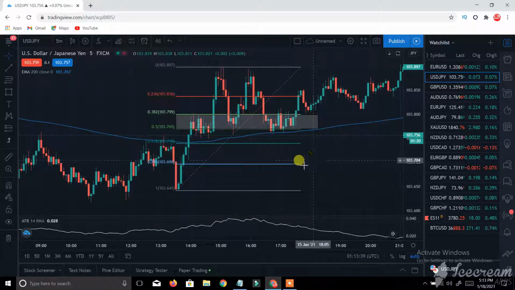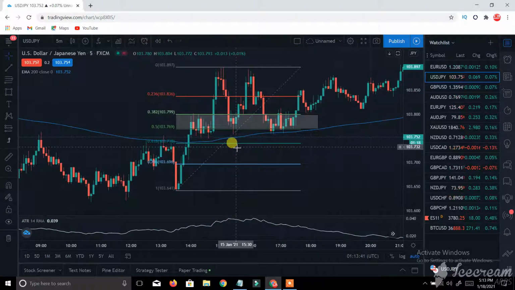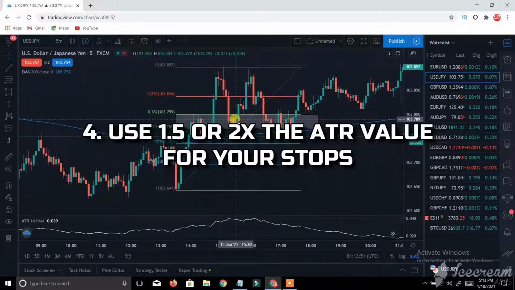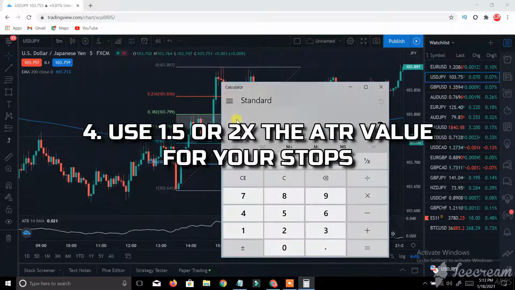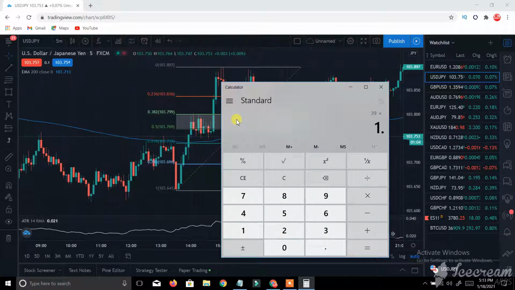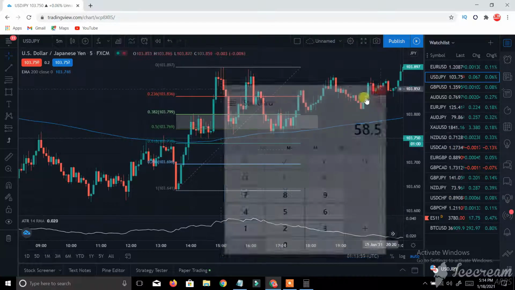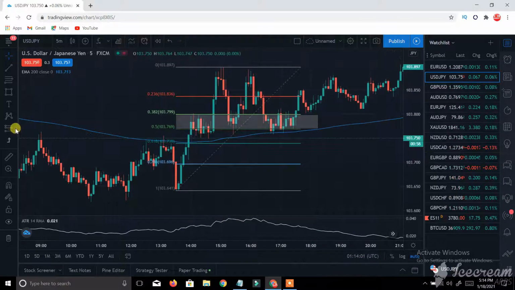So you can decide to take a trade after this. You don't just have to decide, you have to take your trade after an engulfing candlestick. So what is the ATL value of this engulfing candlestick? It's 39. So you pull out your calculator and 39 times 1.5 is 58.5. So approximately a 59 pip stop for a buy,